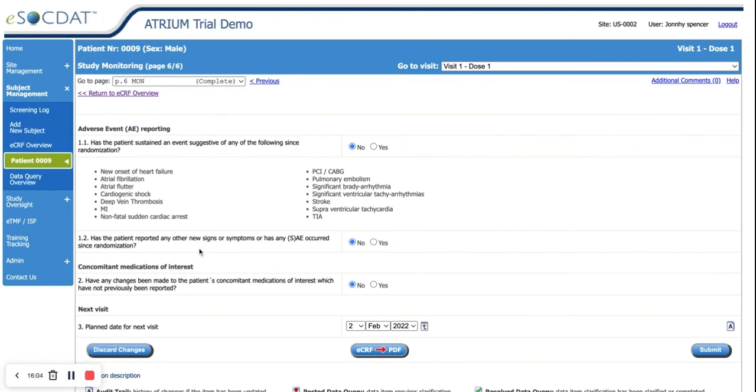And here you will verify if there's been any events since